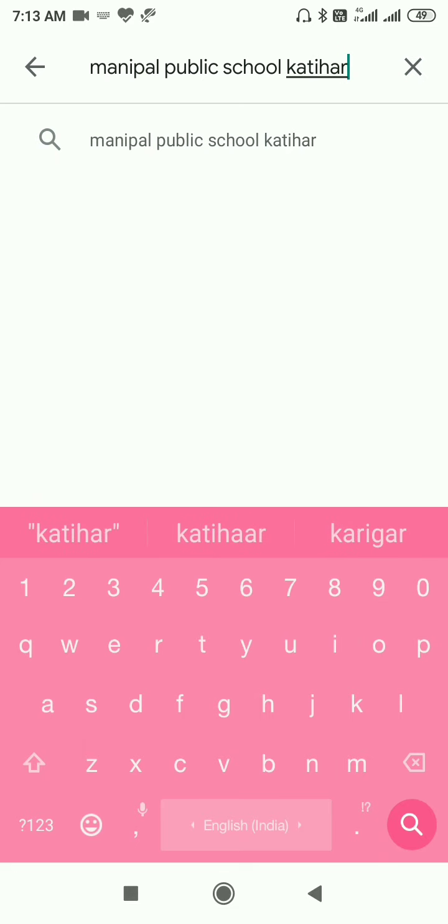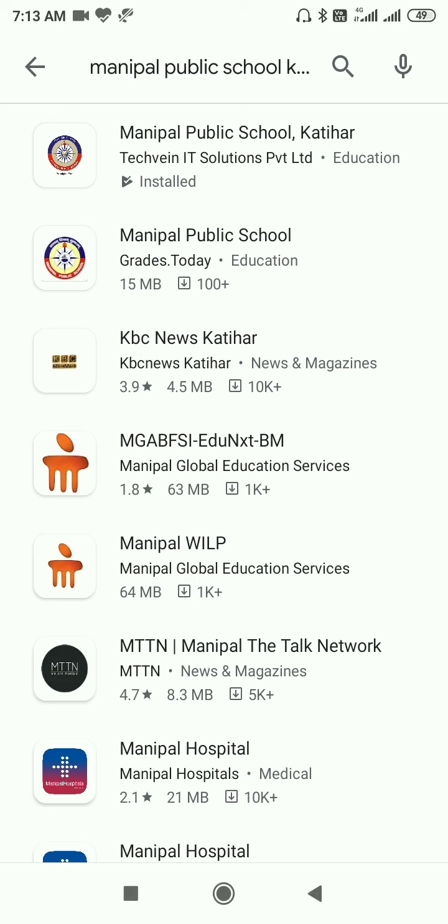After that, just tap on the search button to search the app. Here the first is Manipal Public School Katihar. This is the app which you have to download.